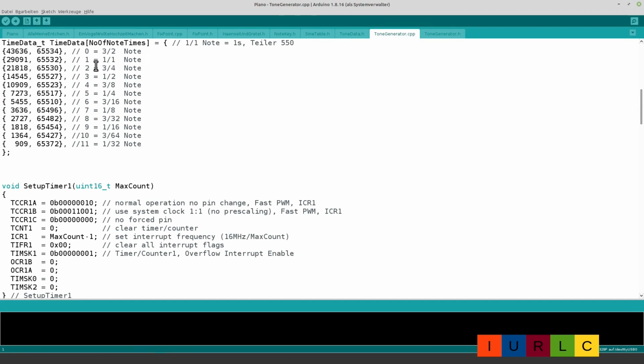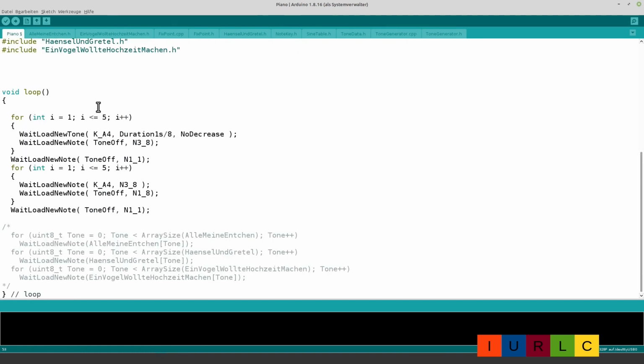For a whole note we have 29,091 time steps for the duration and a little bit lower decreasing factor. And the list go on until the 1/32 note with a duration of 909 time steps and 65,372 decreasing factor. I will now 5 times play the concert A with no decrease and then 5 times the